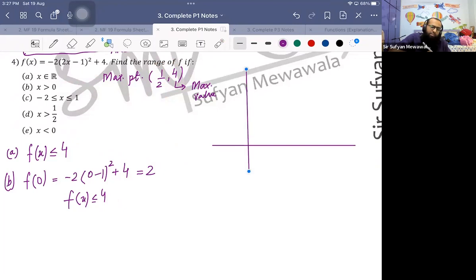Without a sketch, we often can't do it. So half comma 4 is our coordinates. So let's draw a curve. Let's draw a curve. Half comma 4. Let's suppose this is a curve, right? This is going to be half and this is going to be 4. Now just check out. When we have substituted 0,